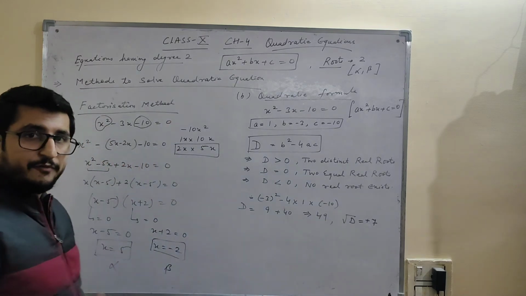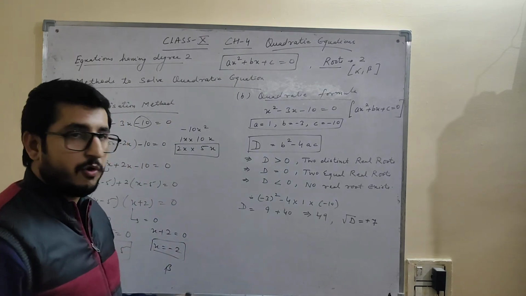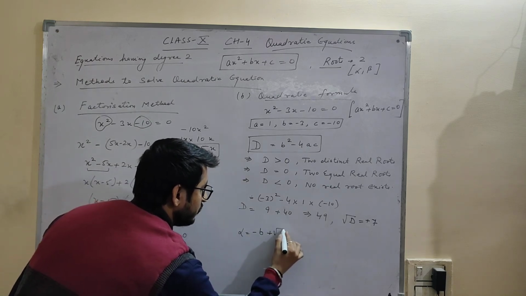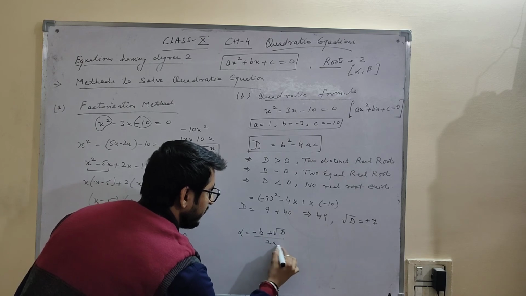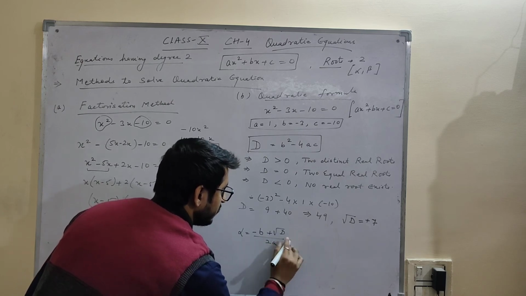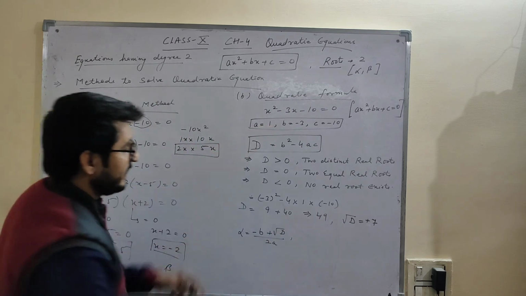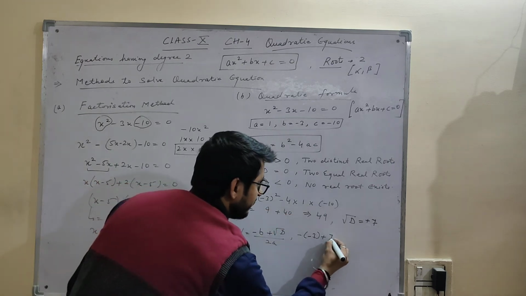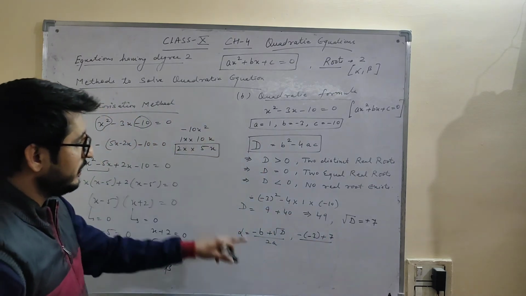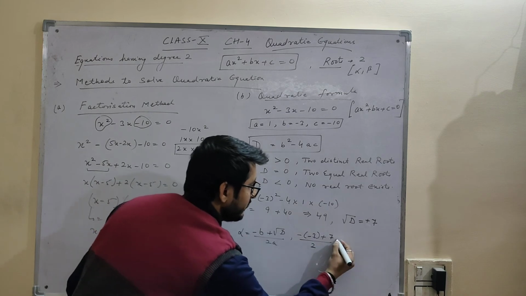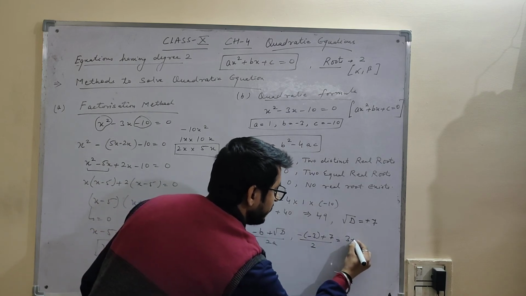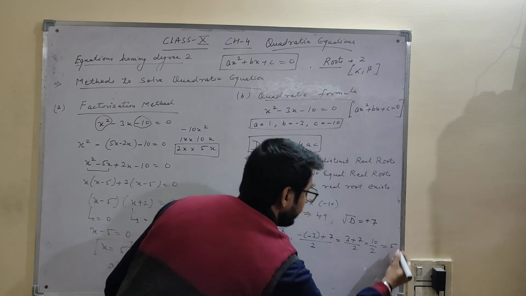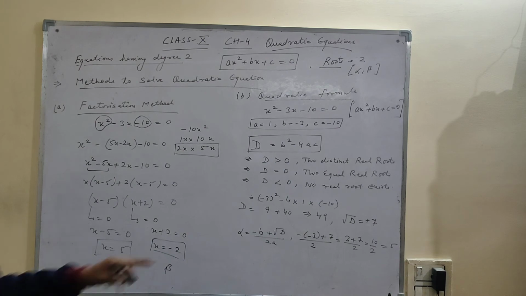Now the two roots alpha and beta can be easily found using a formula. Alpha equals minus b plus root D upon 2a, which gives you minus of b, b is minus 3, minus of minus 3 plus root D, which is 7, upon 2 into a. A is 1, 2 ones are 2, which will give you 3 plus 7 by 2, that is 10 by 2, that is 5. So one of the roots you have got as 5.